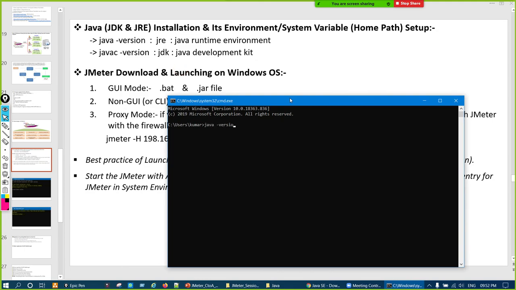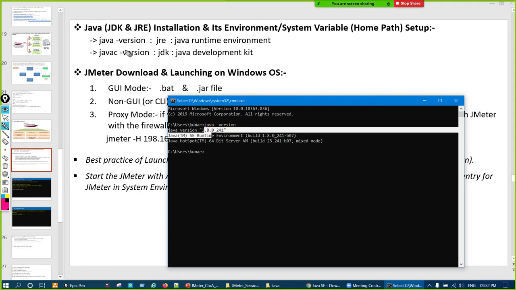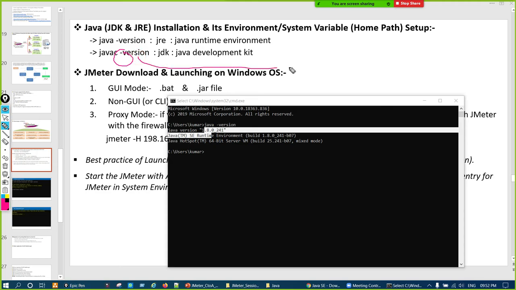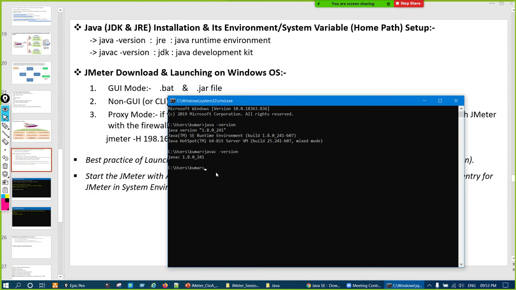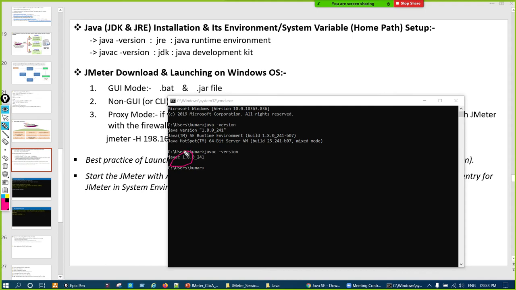It will show the success message, but javac will throw an error. You will not get it even though you have installed Java. Here for me it's showing success, so we come to know why.